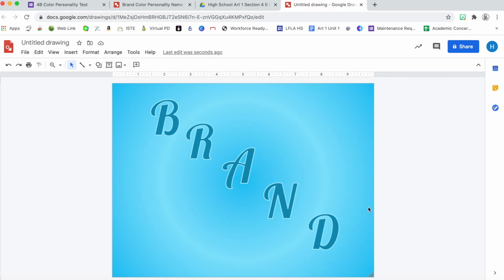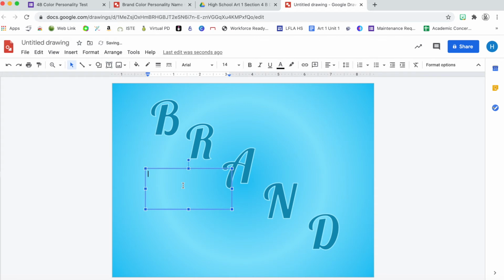So far I have my name and my background figured out. The next thing I need to do is add in those words that fit the personality color of blue. And I think I want these to be a little bit different. So these I won't do as word art. This I'll do as just regular text. And the words that I like are smart,